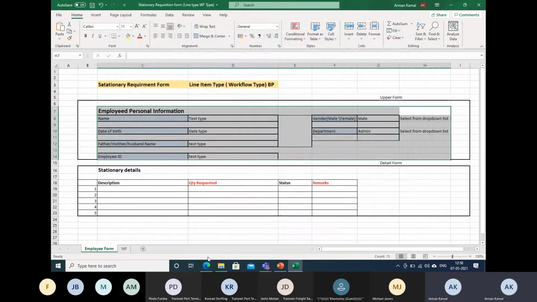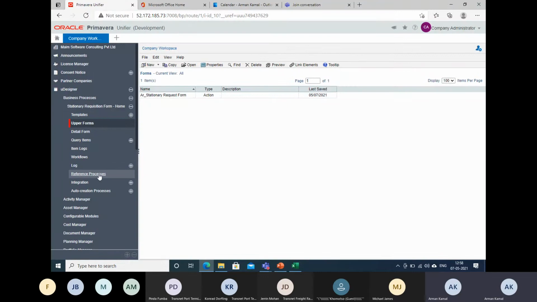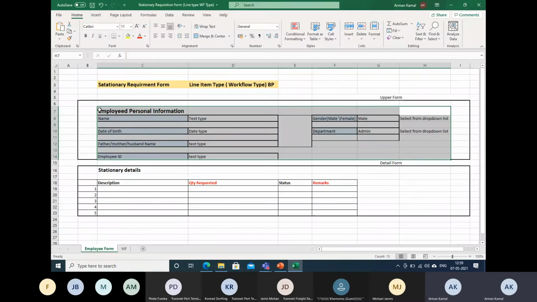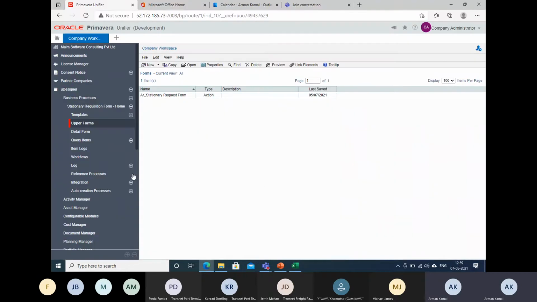The second thing you need to do is select the reference again and verify whether the reference is working fine or not, because as I already explained, this is taking a reference of your master employee detail, to avoid double entry. So I am going to check the reference. There is no reference at all here. So the reference you cannot copy, you need to recreate it again. So let me create it again.